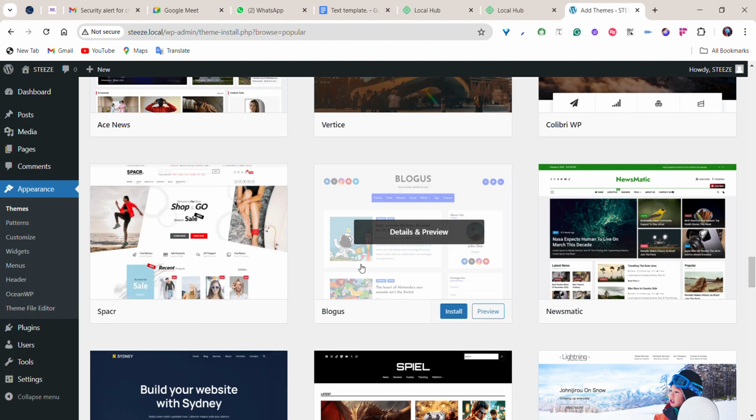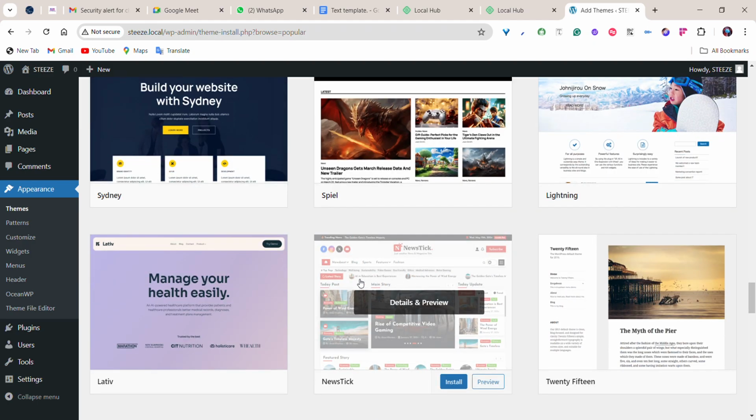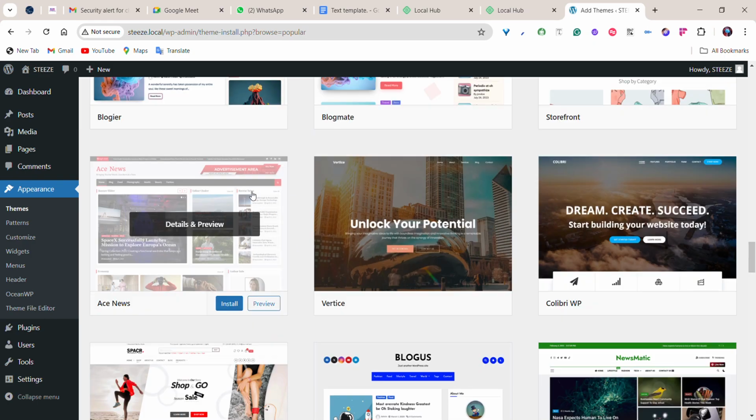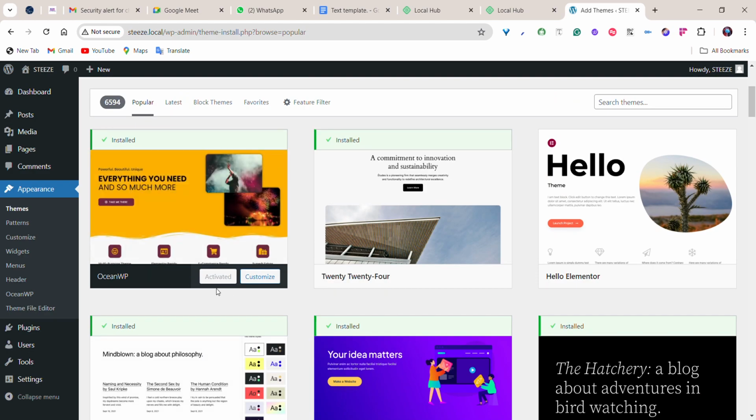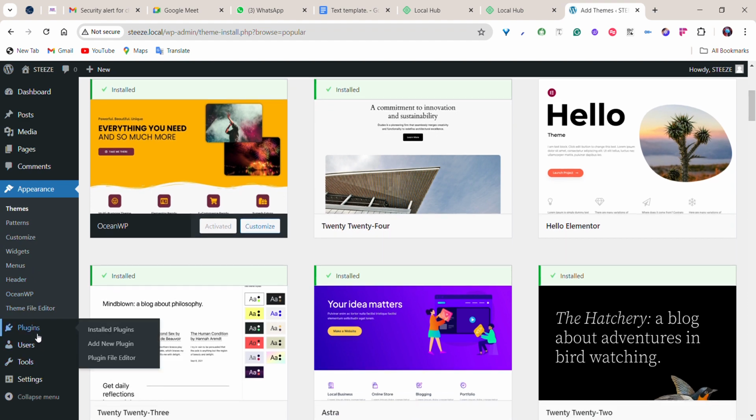Literally, you can use theme to customize your website any way you want, but this theme is just the basics of how your website will look. It is the basics of your website feel. So for this class, we are going to be using Ocean WP, which I already have installed. So for those of us that weren't in class or were not following, please install Ocean WP. Once it has been installed, you have to activate it. Once you finish installing, you just click on the activate button there, and voila, you have it on your theme. And then for plugins,